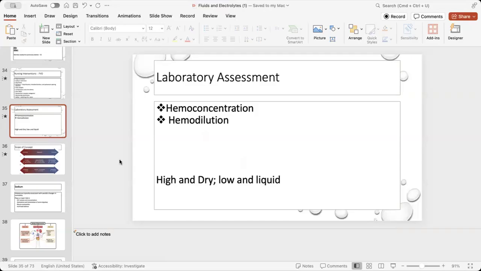Okay, overloaded. Fluid volume excess. What happens to our blood pressure? Elevated. Heart rate elevated, pulses elevated and bounding, respiration rate elevated, weight increased. Urine output increased with working kidneys, right? But what happens if we don't have working kidneys? It might be decreased, right? Good.